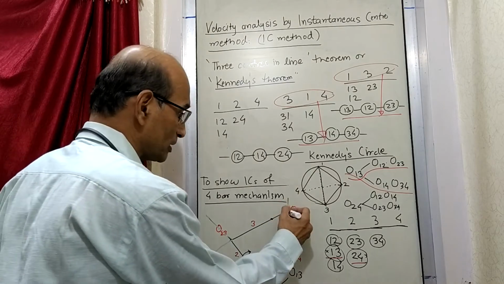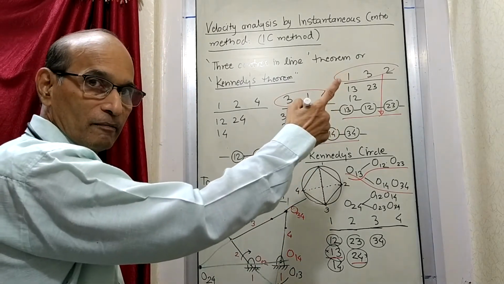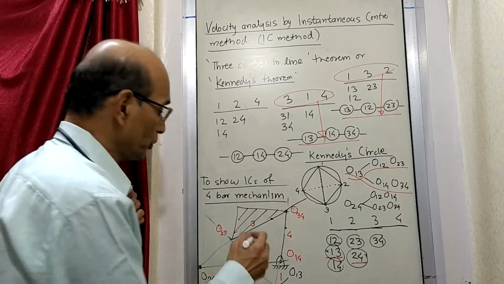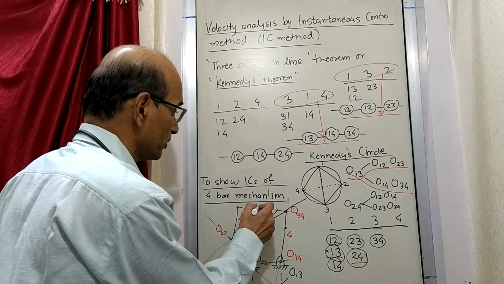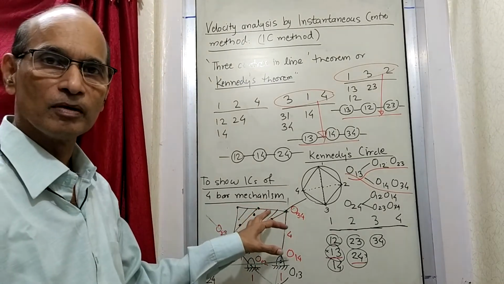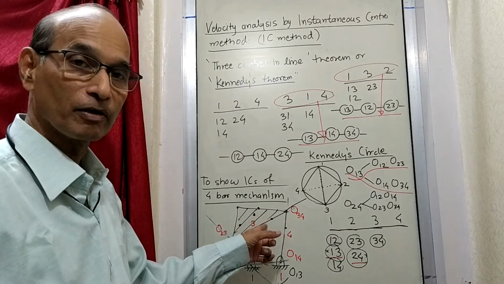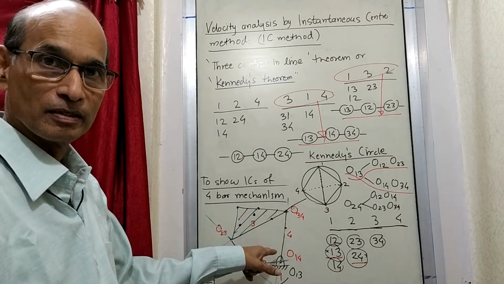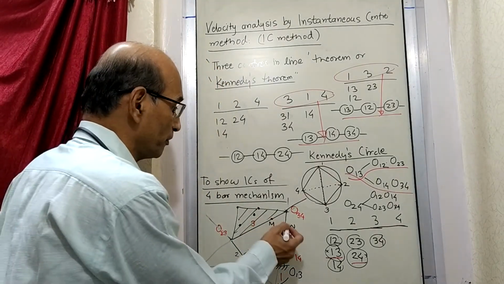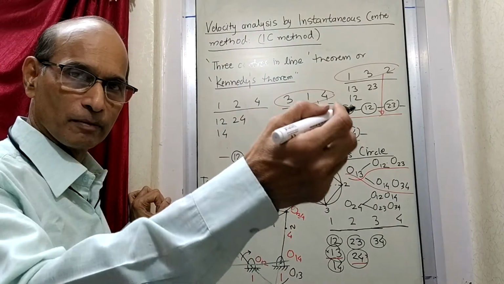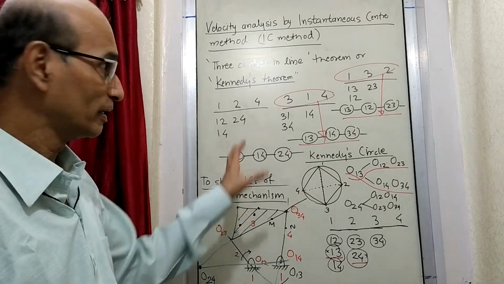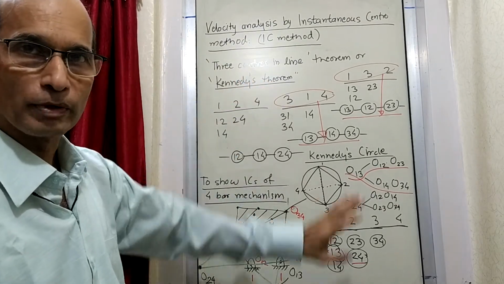Like that, even if suppose this link is extended, expansion of link. Suppose this link number 3 is extended like this. We know how to find out the velocity of this point, this point, this point, this point. So whatever you do with this mechanism, we know how to find out the velocities of different points with respect to some other points. So suppose this is M, this is N. We can find out the velocity of M with respect to N and so on, which we have learned in the polygon method. Now we are in a position to find out that. We are going to learn that even by this method as we go further ahead.